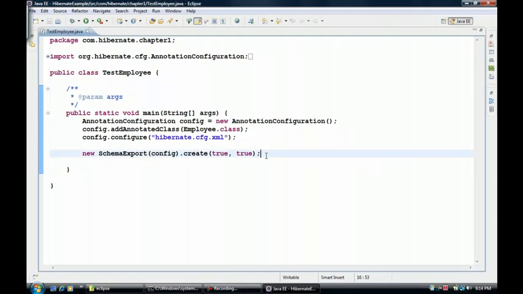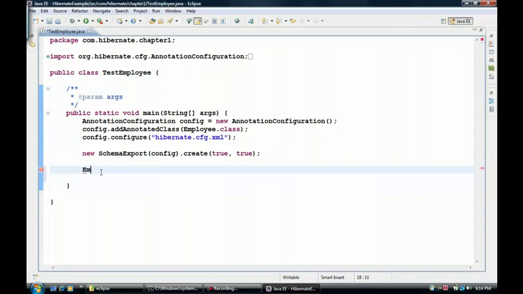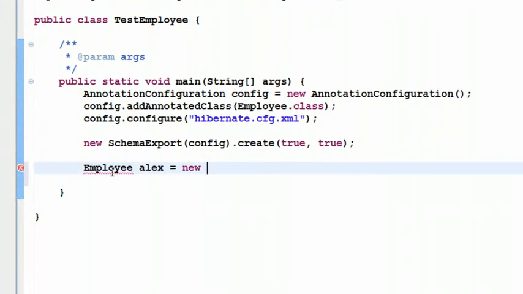Now that we have created our table, let us go and try to insert some data into our table. To insert data into our table, first we need to create an object of that particular employee class. We had an employee class, so let us create an object of this employee class. Let's say Employee alex = new Employee